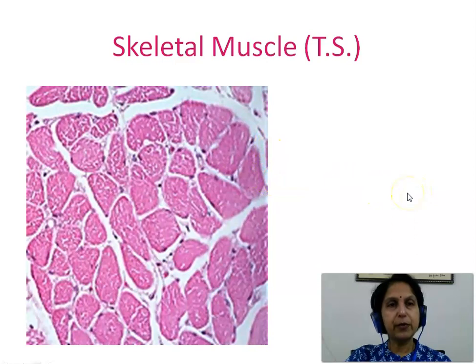If we would have been able to visualize the entire muscle in one view, we could have also been able to appreciate the connective tissue covering the entire muscle, and that was the epimysium. So endomysium, perimysium and epimysium are best seen in a transverse section, and transverse section also shows us clearly that the nuclei, which are multiple in each muscle fiber, lie peripherally just underneath the sarcolemma.